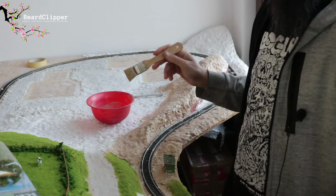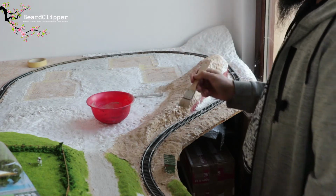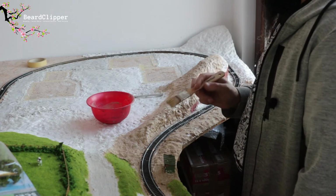Well, there we are. That's used up all of the grout in that first mix. You can see it's going to take a little while, but it's just going to transform the whole build. So I'm going to get that done. I'll bring you back when I'm about to start doing the next step on this bit, which will probably be